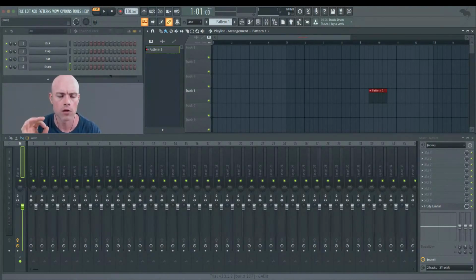So you need to start learning how to apply these little bits of distortion every step of the way, just a little bit at a time. So by the time it gets to your master channel, everything's kind of as loud as it needs to be. Now, even on the master channel,